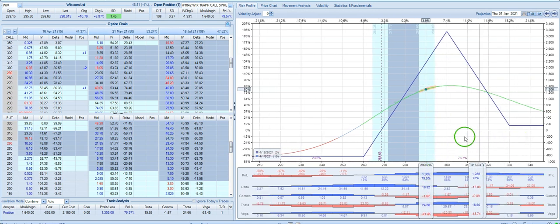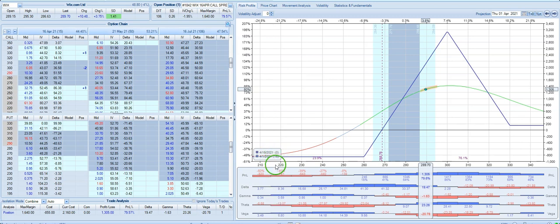We still have no upside risk. All of the risk is on the downside. We are long about 20 delta. With 15 days to go, we need to start to think whether or not we want to continue to hold, because as the time starts to run